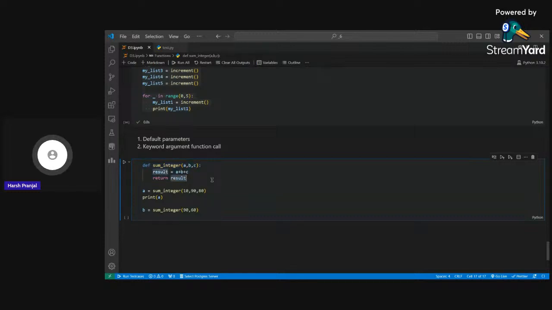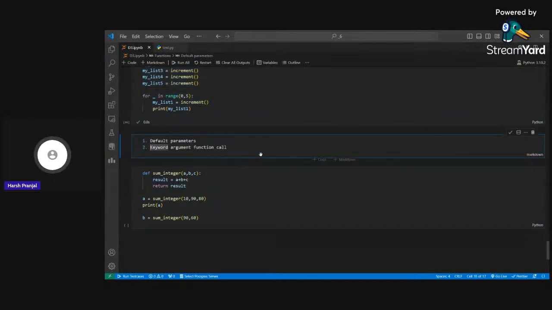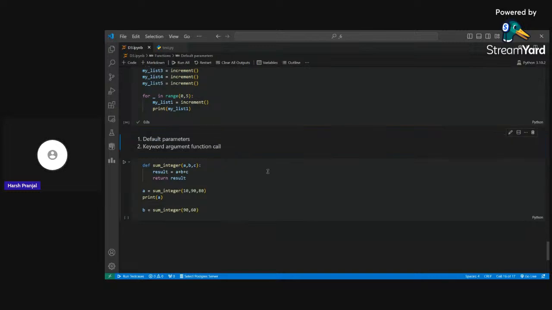Okay, so there is a concept of default parameters. Now what is a default parameter? So see, let's first see the syntax. So I will provide c equal to 0. This c is known as default parameter. Okay, a and b are not. C is known as default parameter. Okay, now